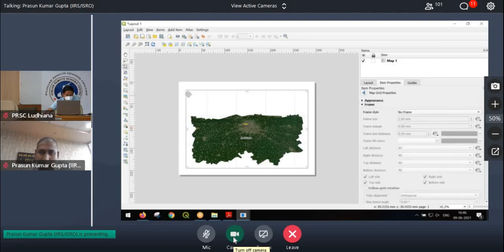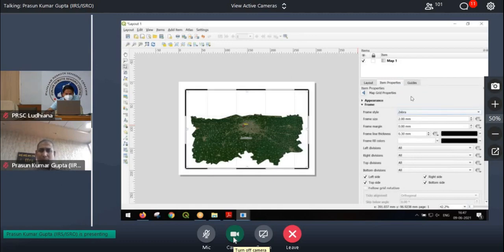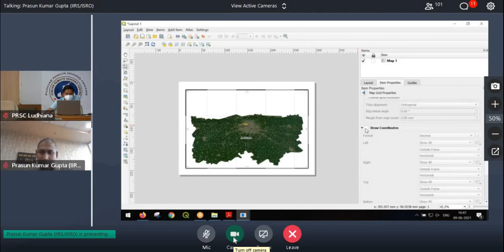Next, what I want to do is I want to add a frame around this. There are different styles of frames. Zebra, then interior text, exterior text, middle text, line border. You need to experiment with each of them to find out the benefits of all of them and I'm just doing it a little fast.